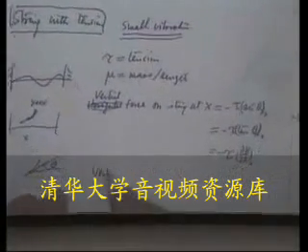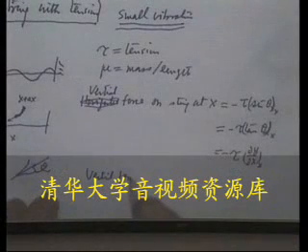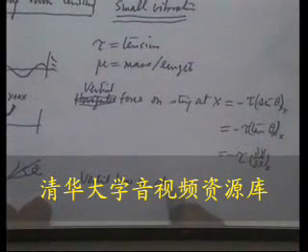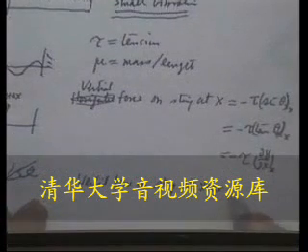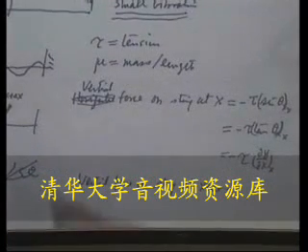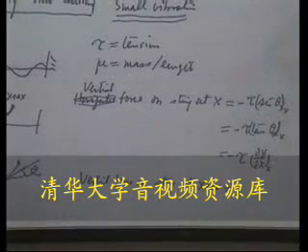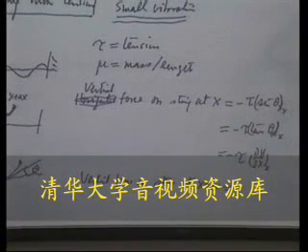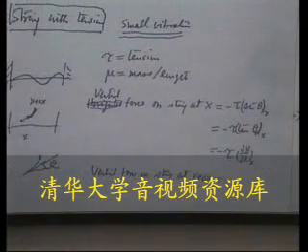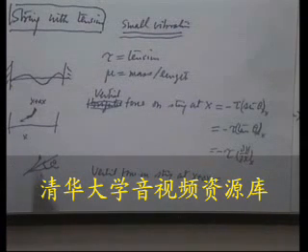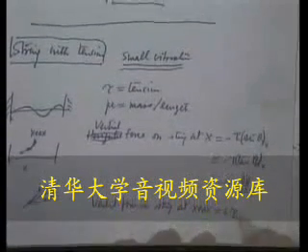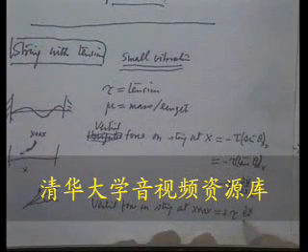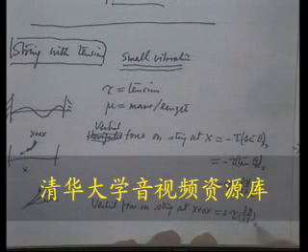Vertical force on string at x plus delta x. 那就是在这一点。那 similarly 等于 the same expression 在 x plus delta x，可是改了一个 sign，因为这面是向上，那面是向下，所以 it's equal to plus tau dy dx at x plus delta x。